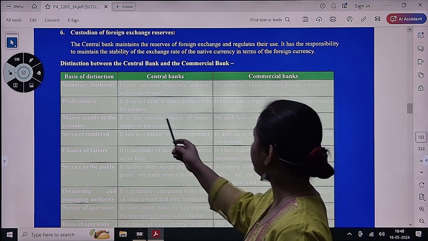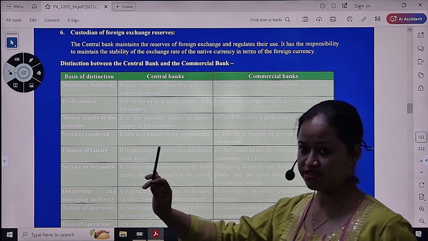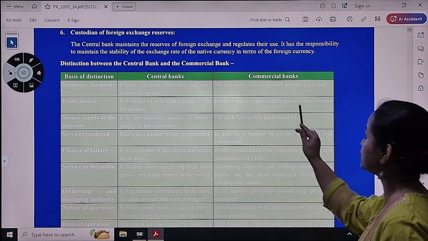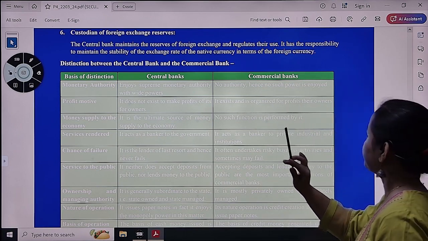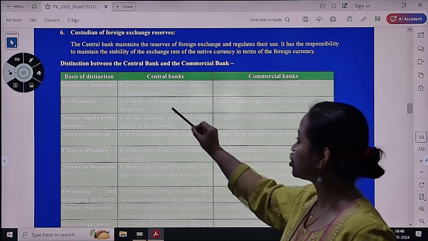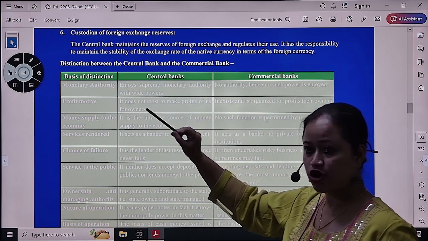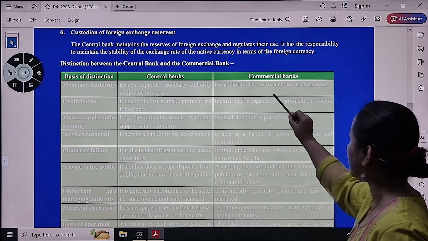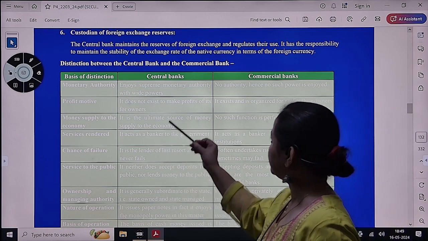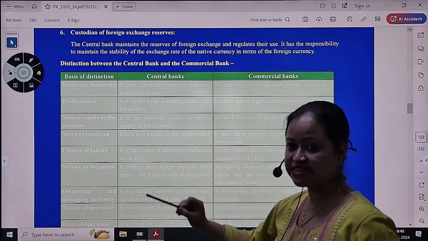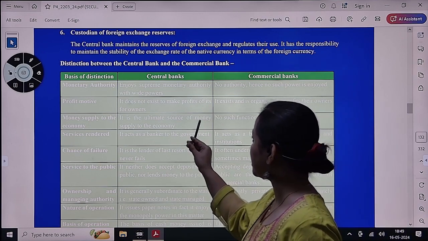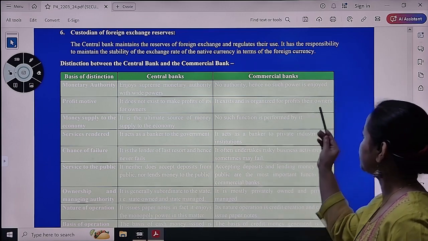Okay, central bank, their motive is not to earn profit, but commercial bank, their motive is to earn profit. Okay, and central bank enjoys supreme monetary authority, that's why they are called the apex level bank, and commercial banks do not have such authority. And central bank is the ultimate source of money supply, because they print money. Okay, they issue currency notes, so they are the ultimate source of money supply, but commercial banks do not